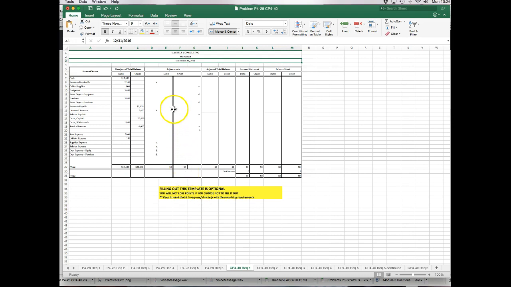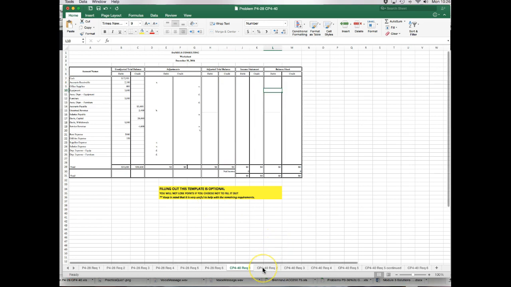So based upon week 3's assignment, you're going to be putting in your adjusting entries. You had your unadjusted trial balance, so you just go back to the previous week, put in your adjusting entries here, put in the numbers for your adjusted trial balance, which would be the same as from week 3, and then you just move all of those particular balances over either to the income statement or to the balance sheet. And then from there, you can fill out the rest of these